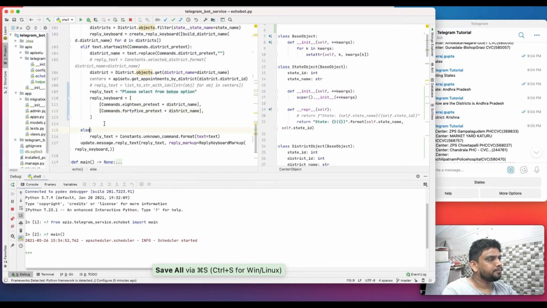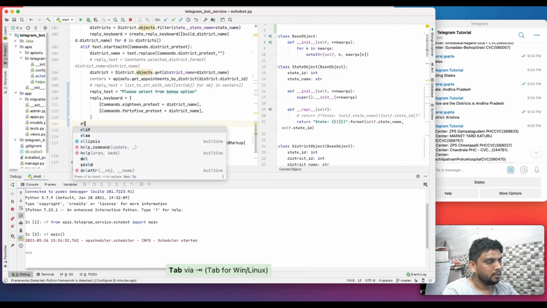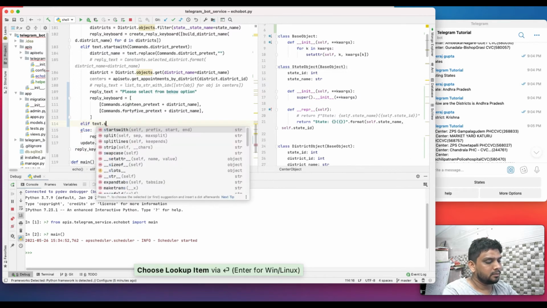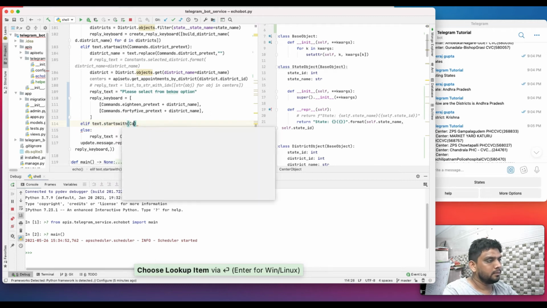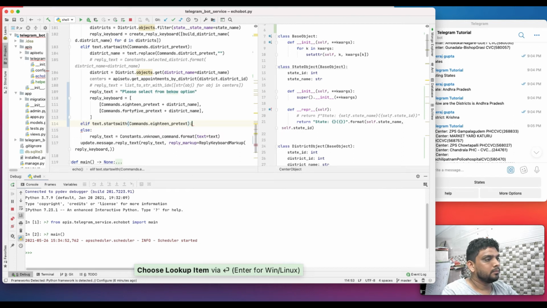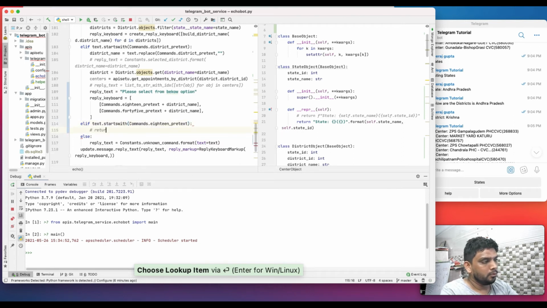And let's do one thing. Let's do the same stuff. If we receive any text that starts with... Here we want to return the centers which only have 18 plus slots, right?